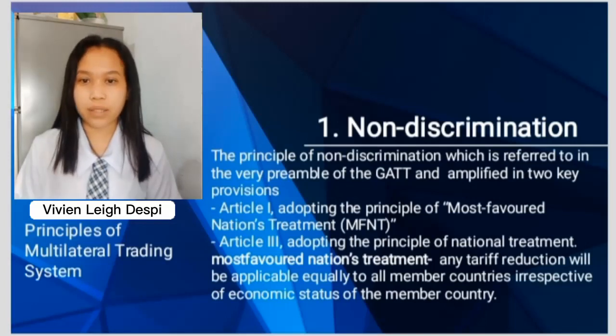national treatment. So, in the most favored nations, any tariff reduction will be applicable equally to all member countries, irrespective of economic status of a member country. So, MFNT requires that any tariff reduction negotiated between 2 member countries will be extended immediately and unconditionally to all member countries. This means that MFNT provides for equal and not any special treatment irrespective of the economic status of